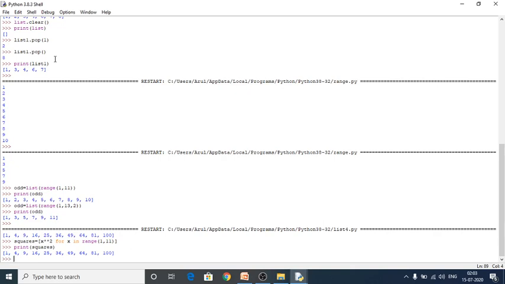So next are some other important functions of list. Here we are going to see copy, count, index, reverse, sort, max, min, sum. Copy is used for taking a copy of the list. So here I am going to give x is equal to squares dot copy.